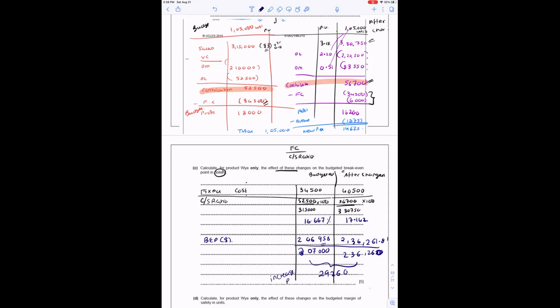It is an increase in the break-even point dollar revenue. That means you will have to sell more number of units to achieve break-even if you implement these changes. And it is because of the increased fixed costs. I have done fixed cost upon contribution to sales ratio. You can also find the budgeted break-even point first in units, fixed cost upon contribution per unit, and then multiply with selling price. The answer would be a little bit here and there because the answer is in points. So there is an increase in the break-even point in dollar.